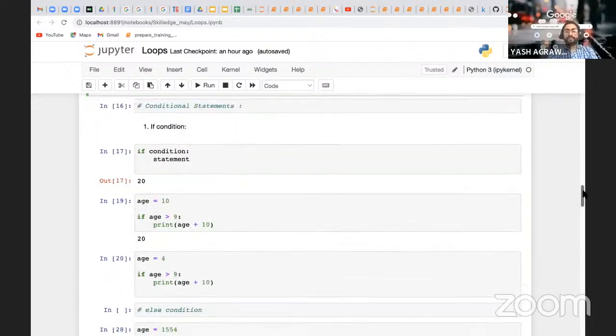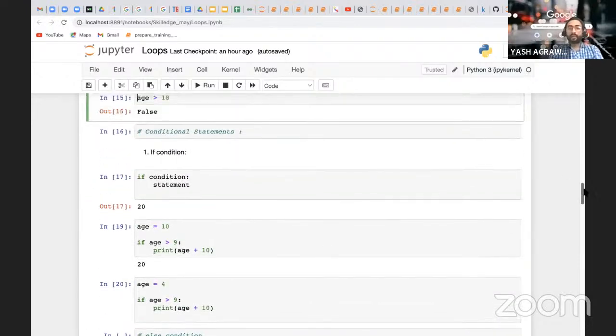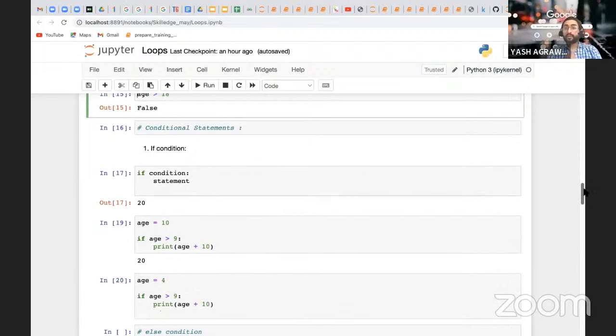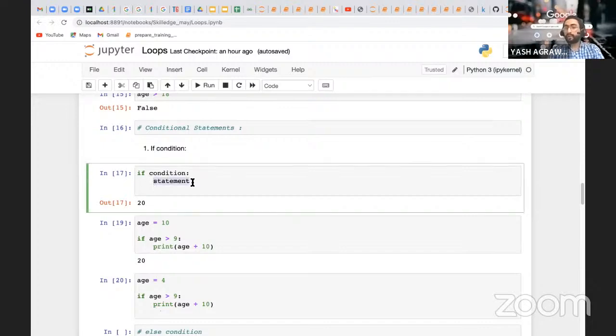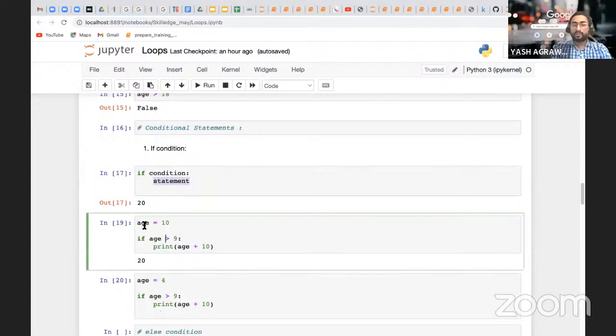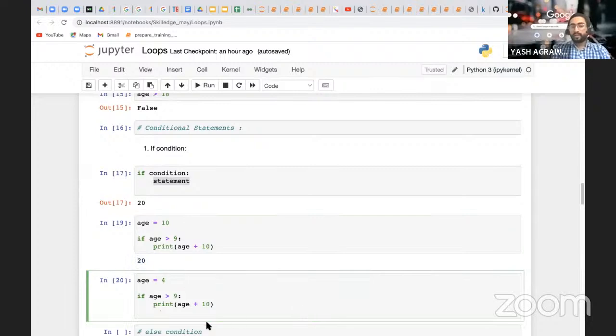Then we have the conditional statements. If that condition is true, then this statement will get executed. Here this condition is being satisfied, so the answer is 20. If the condition is not being satisfied, there is no answer.